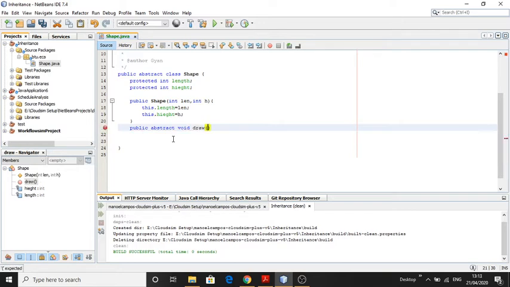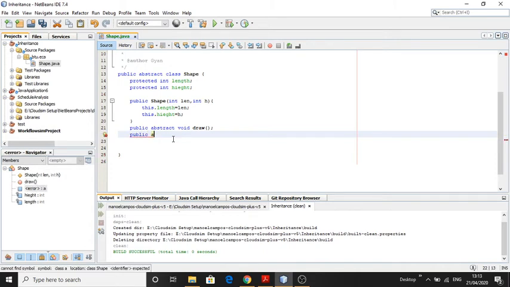First method is the draw, and another method is public abstract void calculate the area. So this is the class Shape. So Shape has no formula for any area and no way to draw.